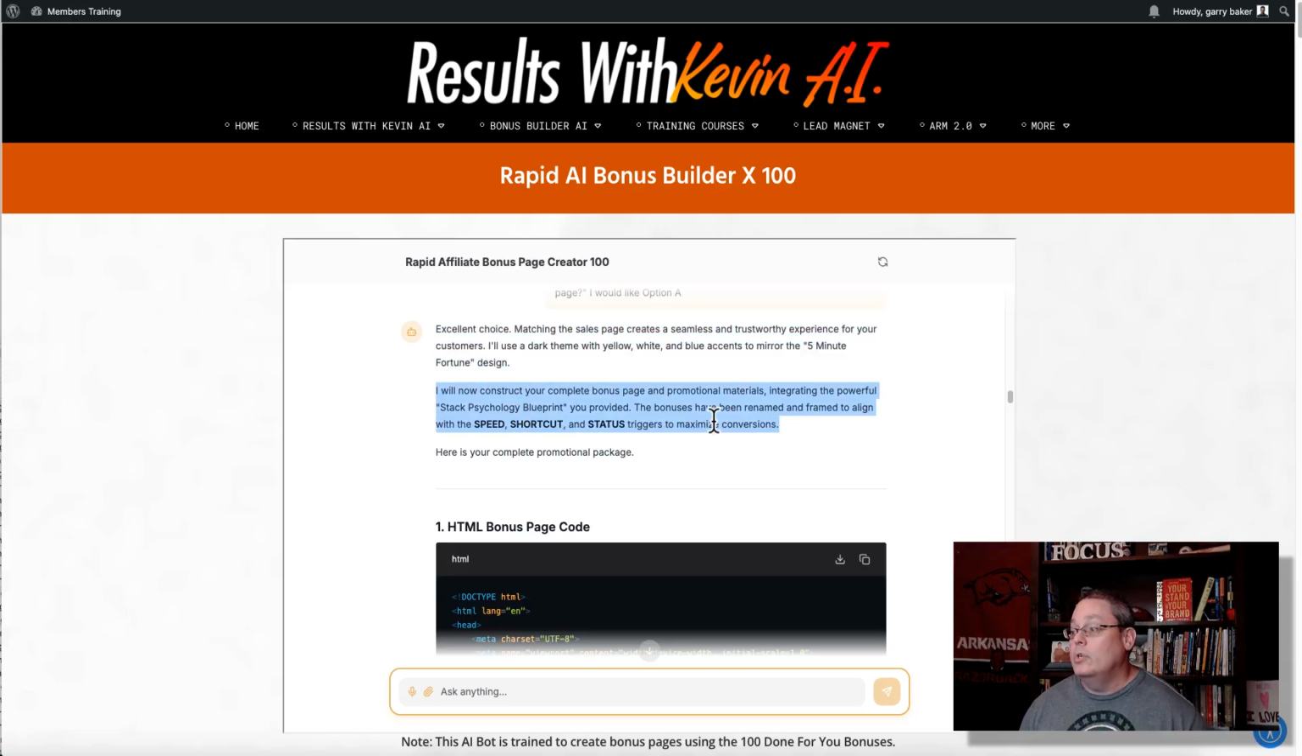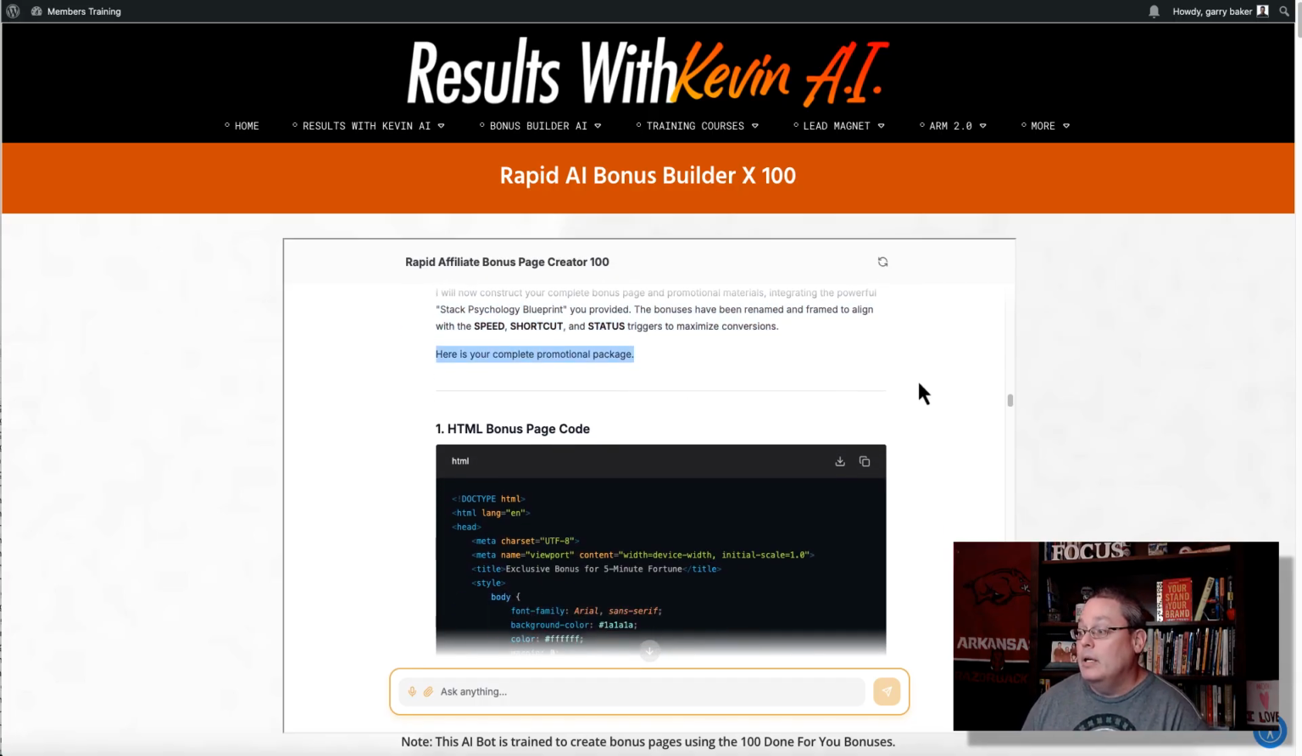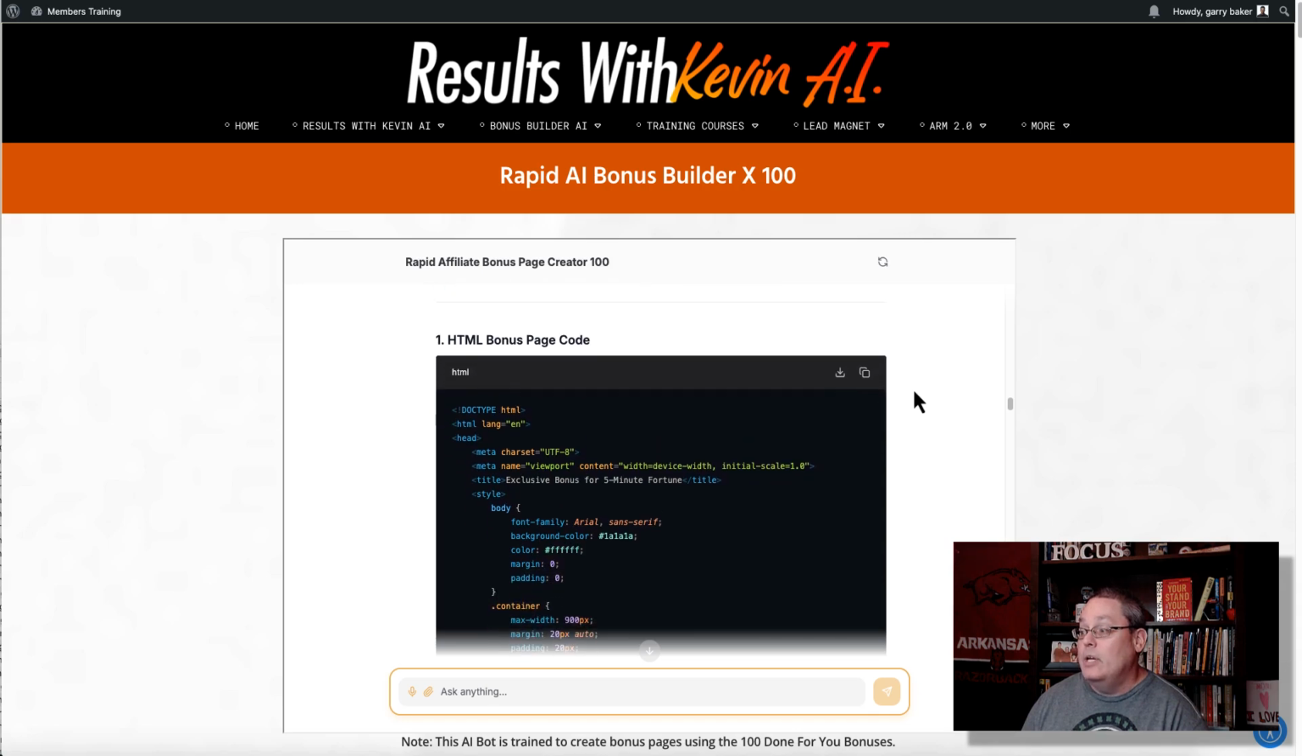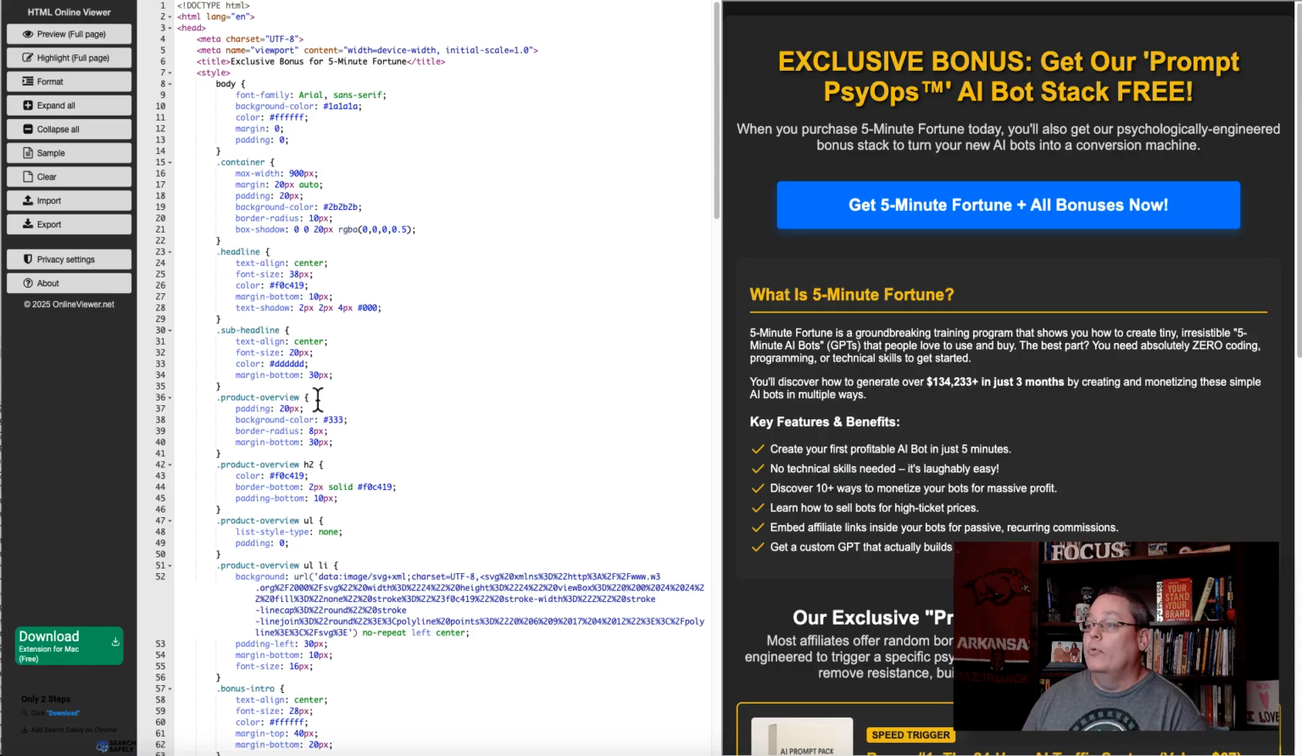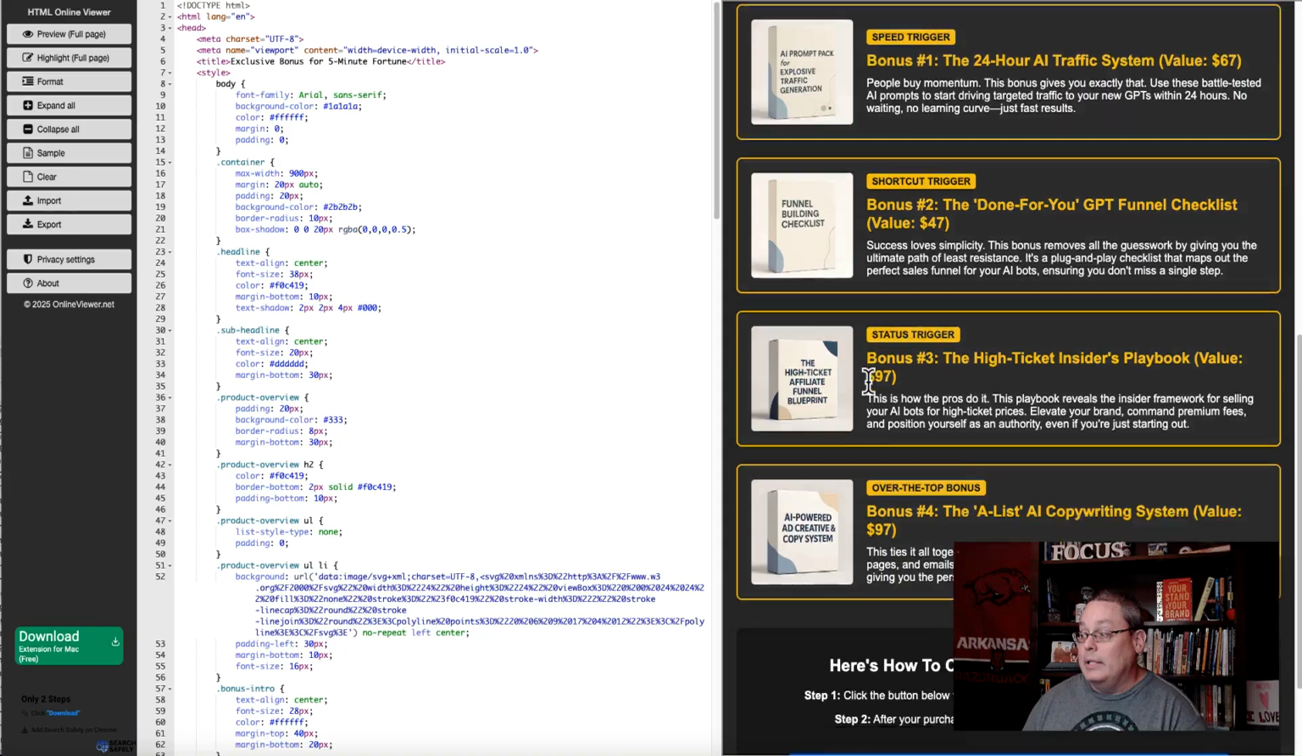I will now construct your complete bonus page and promotional materials, including the powerful Stack Psychology Blueprint you provided, and the bonuses have been renamed and framed to align with speed, shortcut, and status, which are triggers to maximize conversion. Here is your complete promotional package. Here is the HTML bonus code. You just simply copy that, and then you can go over, and I'm using an online HTML viewer here, and I'm putting that HTML code into this viewer